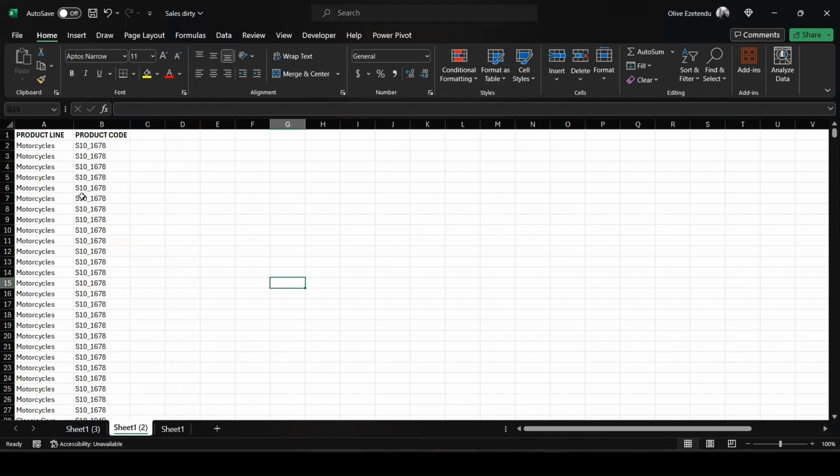Okay, but this is not just done yet. Now we have all of these, but as you can see, there is lots of repetition. Can you see motorbikes, motorcycle, the same thing being repeated over and over again? This is exactly what we're trying to cut down. So what we're just going to do is to